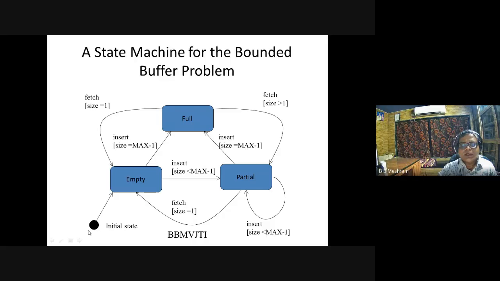You consider the initial state. In the initial state, the stack is empty. Now, you can insert the elements into the stack. So what is the guard condition for inserting the elements into the stack? The guard condition is size should be less than max minus 1. Due to this insertion of the elements into the stack, the empty state of the stack will change to partial